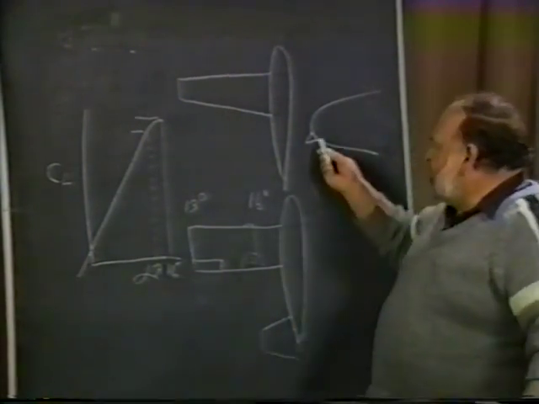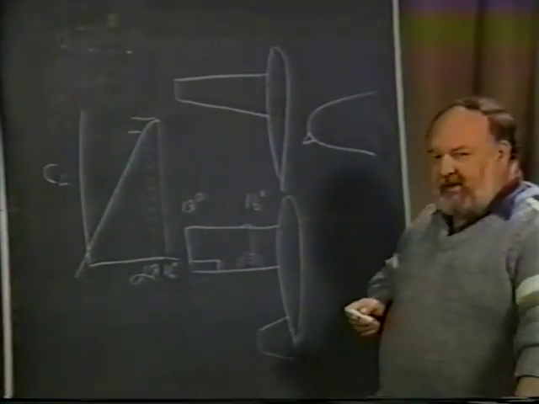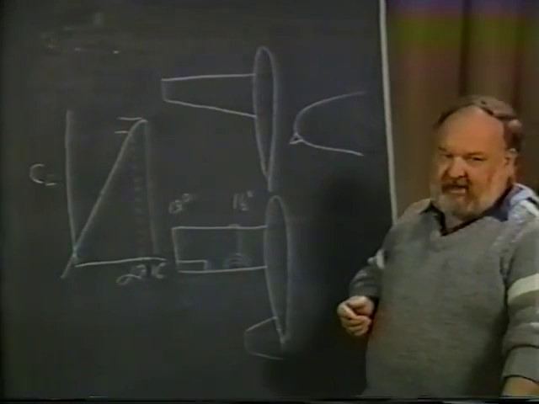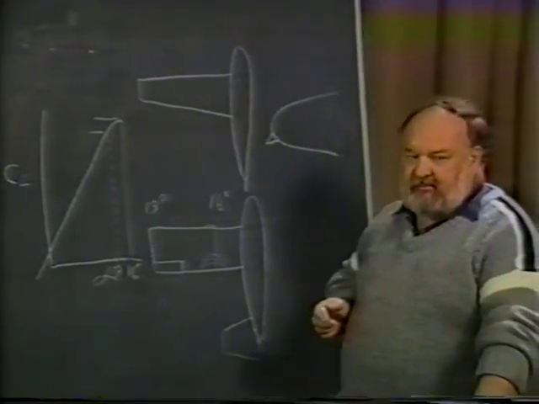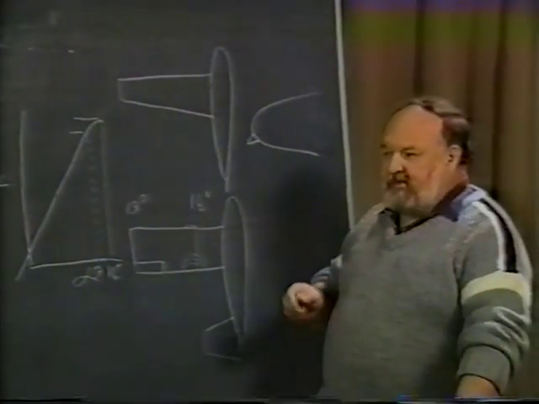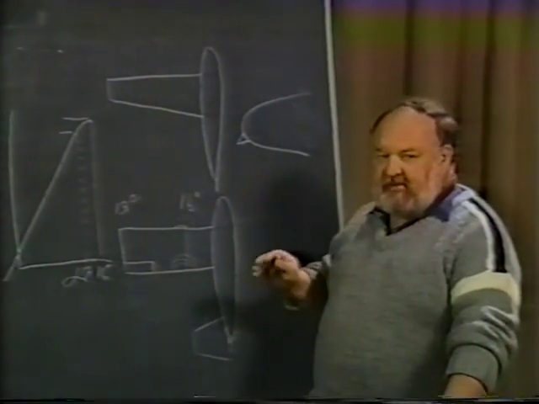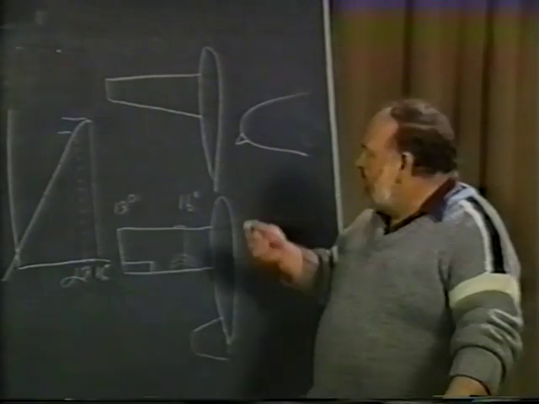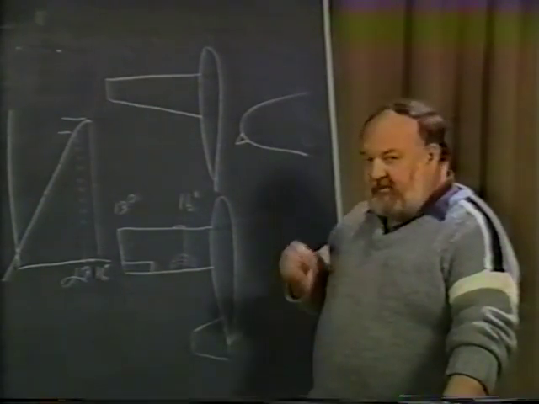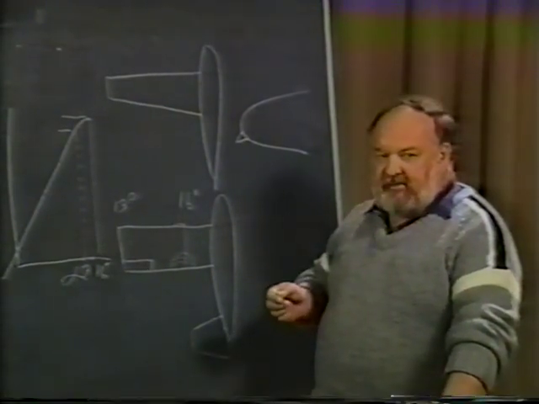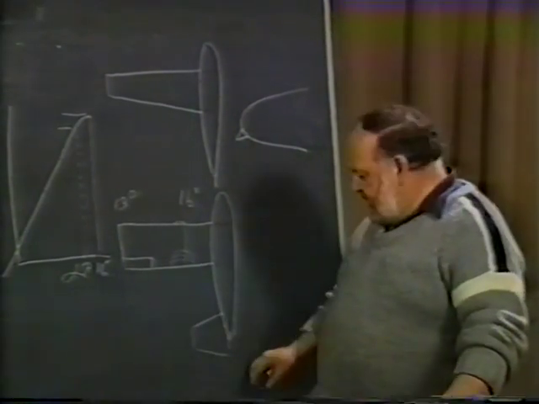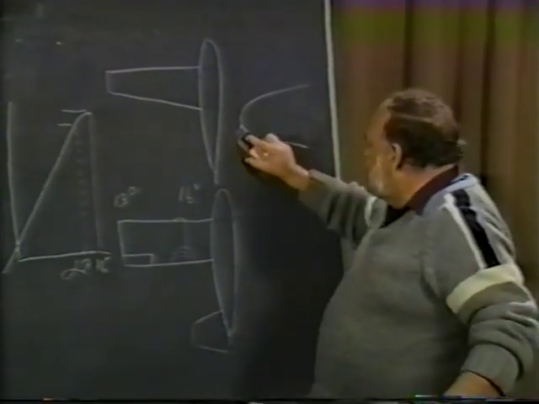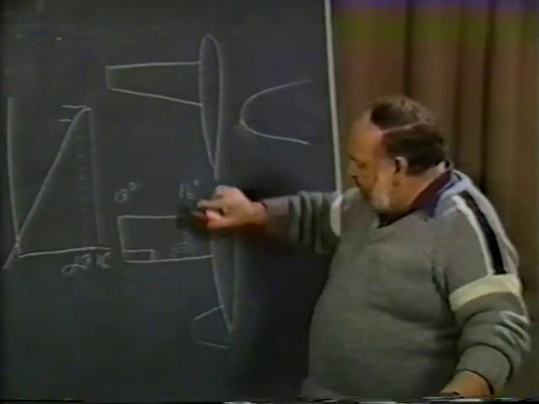So this is a method that can be used, but I really think it's a Band-Aid. You're trying to fix something that has been done wrong in the beginning. Once you have your airplane done and you're flying and you're in flight test and you see you have a problem, it's too difficult to go back now and redesign the entire wing. That's a nice solution to it. But if you're in the early stages, when you're designing it right from the beginning, let's try and avoid using something along those lines. But what else can you do? Well,